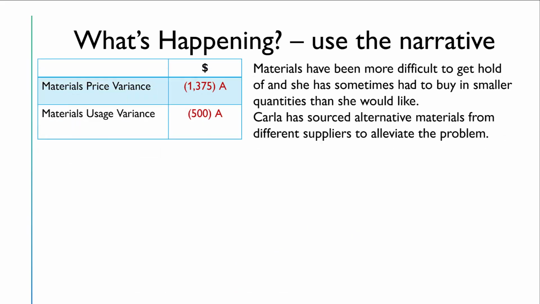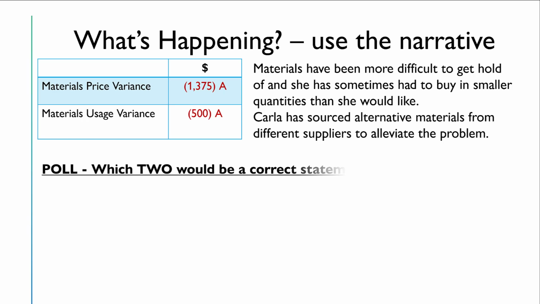Now let's look at what's happening to the materials. Remind yourself of the narrative. Materials have been more difficult to get hold of, and she's sometimes had to buy in smaller quantities than she would like. Carla has sourced alternative materials from different suppliers to alleviate the problem. So I have a poll for you. Have a go at this. Which two would be a correct statement to make based on that narrative